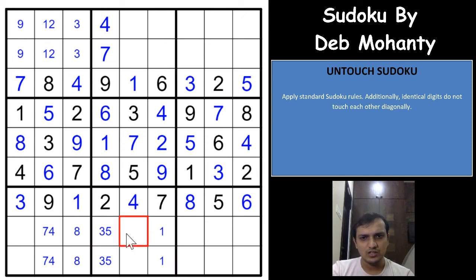Because of the 6 9, 6 and 9 will have to be here, and this has to be 8. And if you see here, you already have an 8 here, which means this has to be 1. And because of the 8 here, you get an 8 here. Okay. And if you see here, because of the 3 5 pair, you cannot have a 5 here. Same basic notation, basic tip, which means 5 has to be in one of these two cells. So this cell will have to be 6, right? No other possibility in this column, which means this has to be 9, this has to be 6.